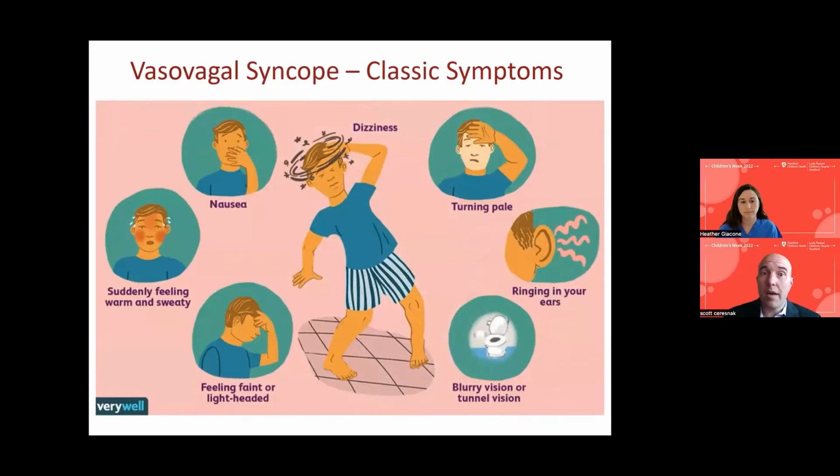Now, as I mentioned, the most common cause of syncope in children is neurocardiogenic or also vasovagal. Often there is a prodrome. They often will have this constellation of findings, sort of classical with vasovagal syncope. So they can feel a little nauseated. Often we'll go from sitting to standing with orthostatic changes. They can feel warm and sweaty. They can feel a little dizzy and lightheaded, like they could pass out. They may be described as very pale. They may hear ringing in the ears. They may see tunnel vision. So these are all common, classic symptoms that are associated with vasovagal or neurocardiogenic syncope in children.